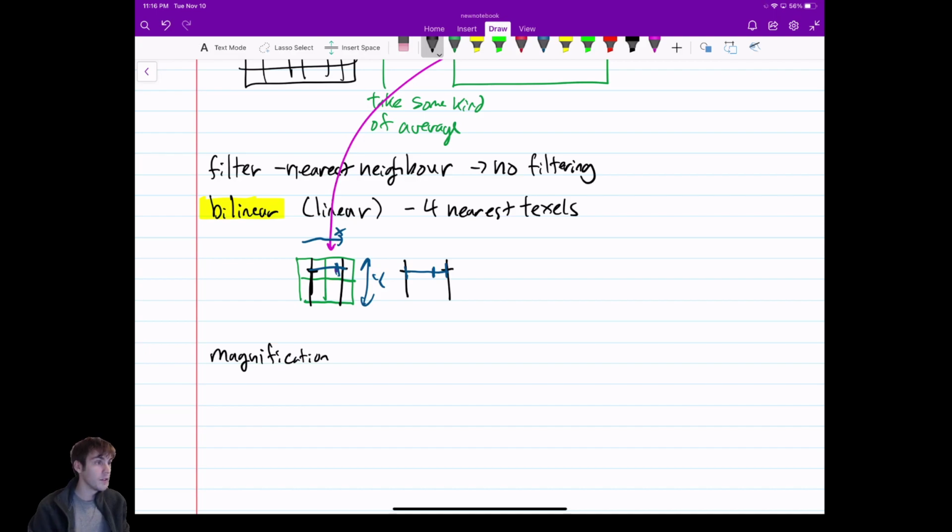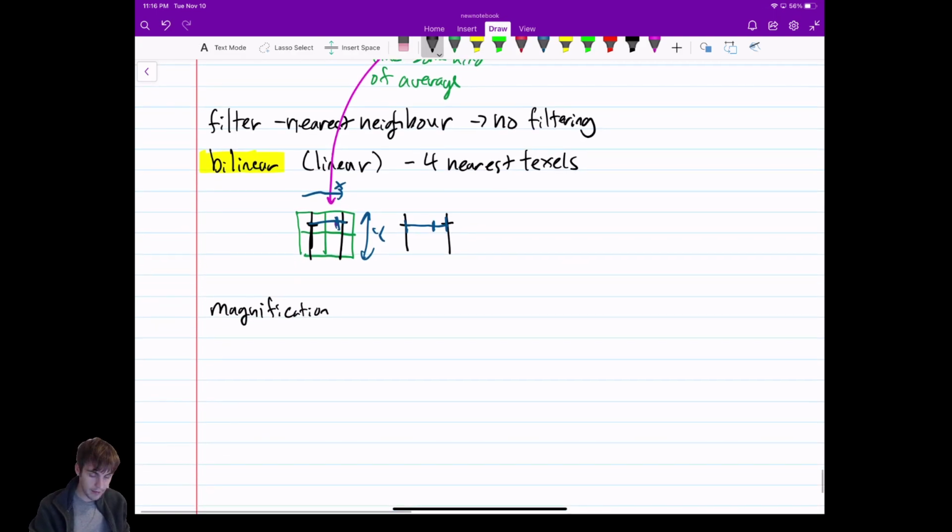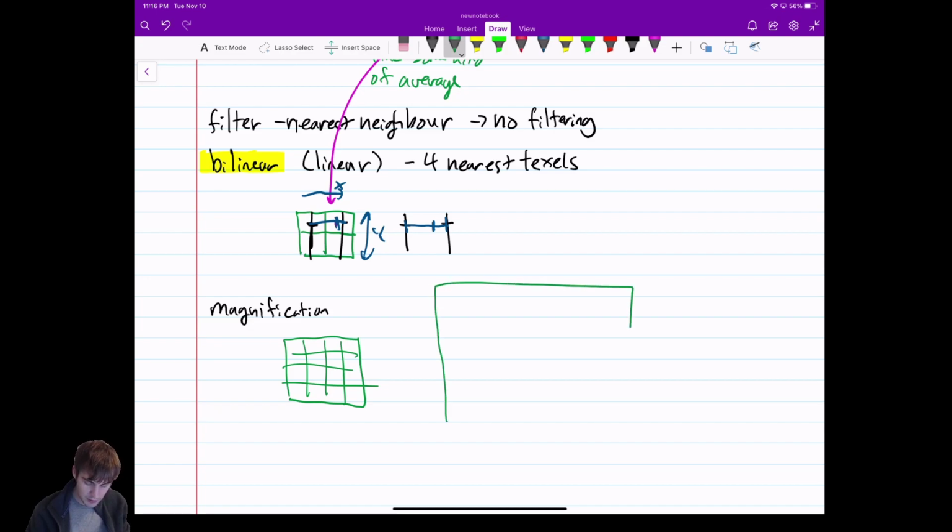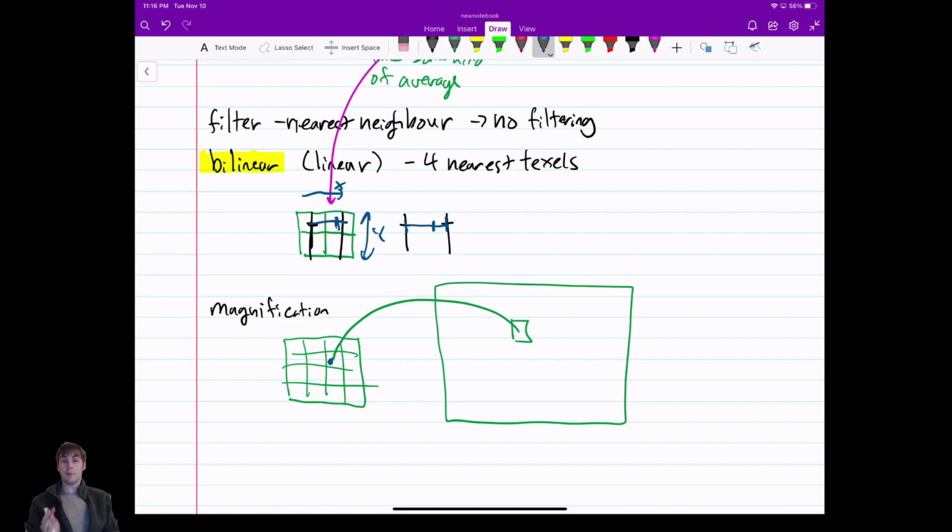Okay. So you can imagine where I'll have a similar texture where I'm trying to map it to an image scene, but now because of magnification it's bigger. Now imagine I have this pixel I'm trying to shade. Previously, again, I'd map it to this spot here, and I'm going to pick a spot, right? Aha, that's my mapping. Previously we'd take that and then many pixels would map to the same texel and we just take it. But because of this bilinear filtering, we end up taking the neighborhood